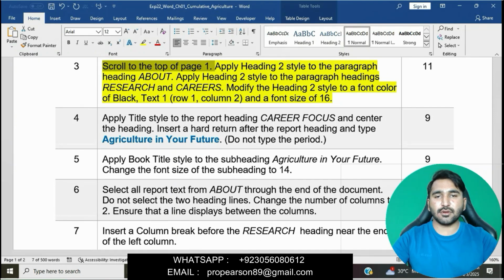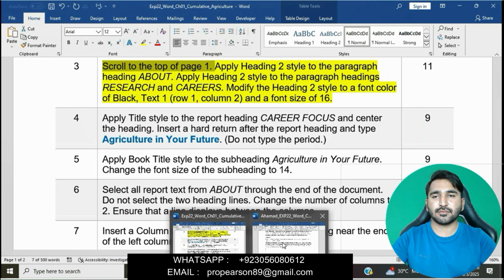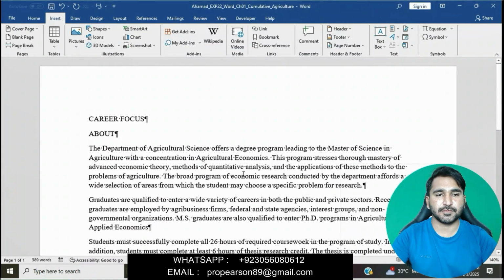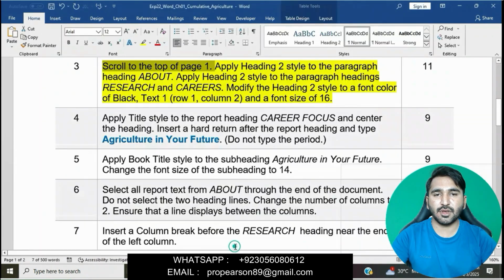Scroll to the top of page 1. Moving to the Word file, we will scroll to the top of page 1. Now apply Heading 2 style to the paragraph heading About.